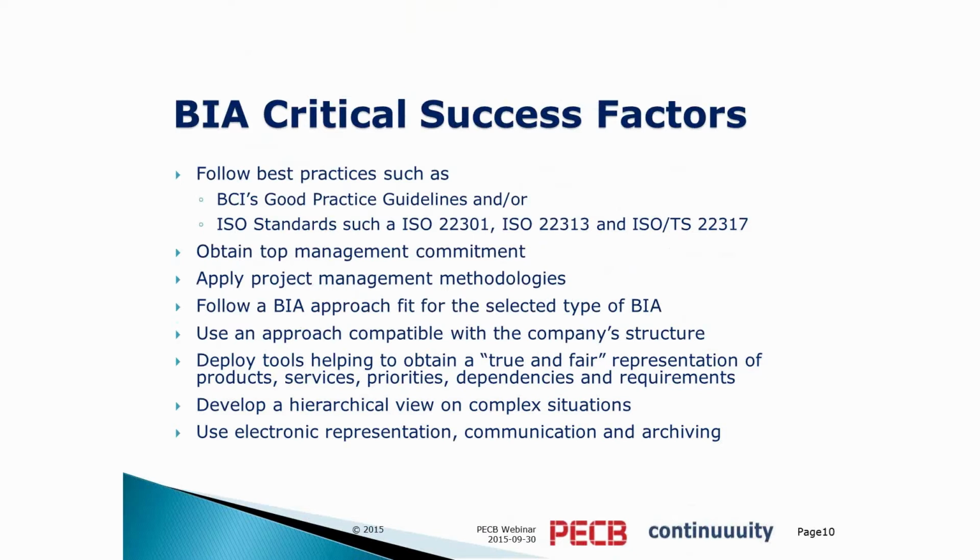It describes in detail what you have to do at minimum, but it doesn't tell you so much how to achieve it. This is shown on a higher level in 22313, and in more detail, focusing on the BIA, in 22317. As we'll see in the second slide from now, this is a kind of hierarchy of these standards. Of course, there are things like top management commitment. I put it in here as well because it's mentioned in all three standards.